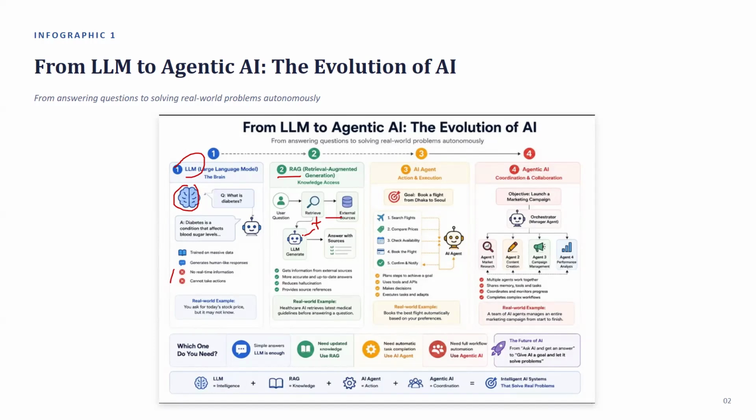So the LLMs have significantly improved themselves. And now we are seeing RAG, because we are exposing our LLM to external data sources, right? But again, the problem is still not solved. We are still not able to take actions. Maybe you are getting some real-time information in RAG, but still my AI system is not taking actions.